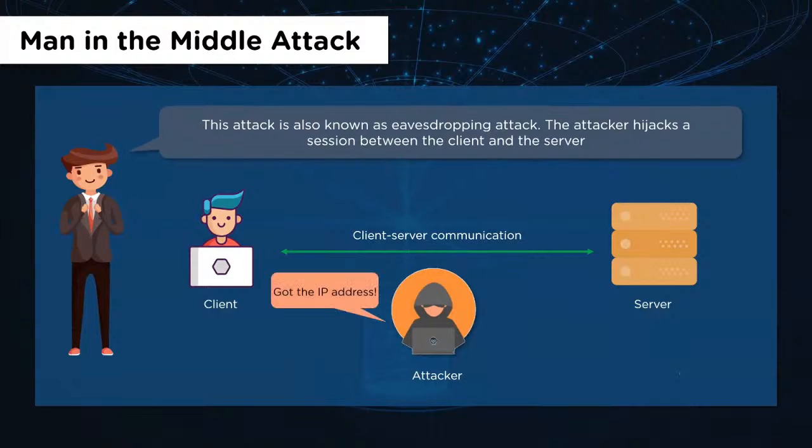The attacking computer takes the IP address of the client. The client is not aware of this. How about this: the client is trying to communicate with the server? You spoof yourself as a default gateway or as a trusted device, and the client thinks that it is through you that they need to communicate to the server, and thus they start sending data via your PC.